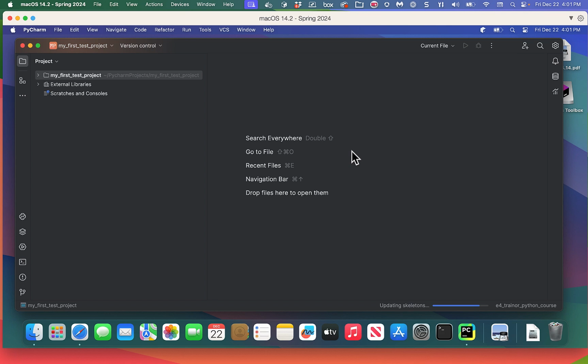So before we get started, okay, let's look at something here. Look in the lower right, and in the lower right, you should see the name of your virtual env. Okay, that's E for Trainer Python course. That's a correct one. What if you flub that up and you're in here and you didn't pick that the right way? Okay, well,